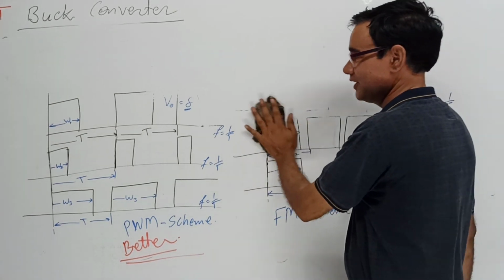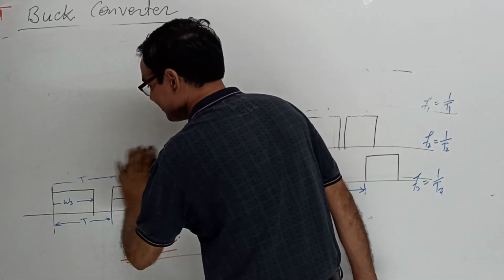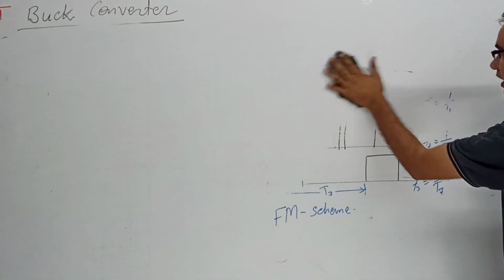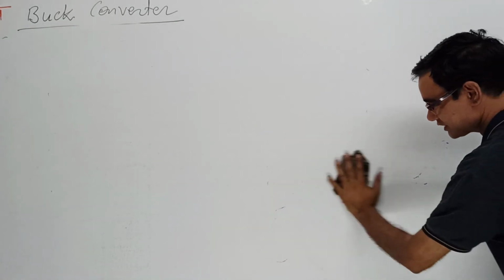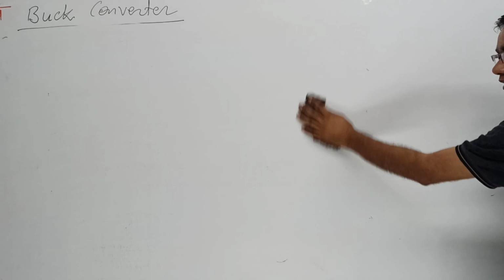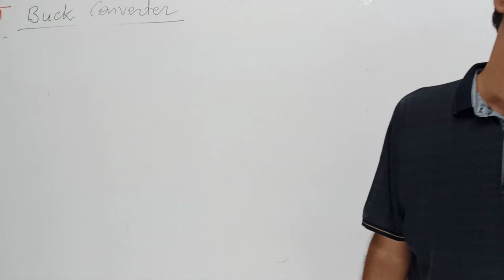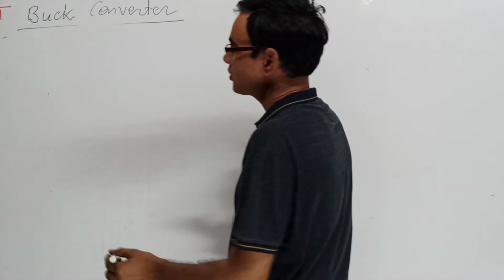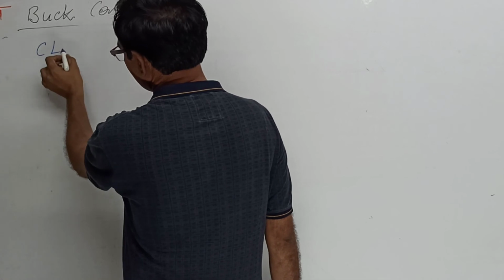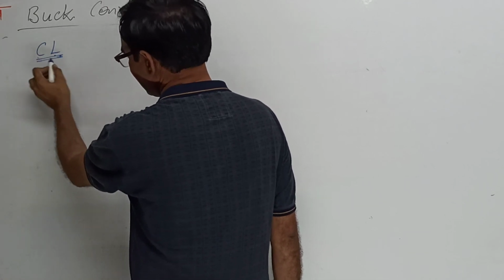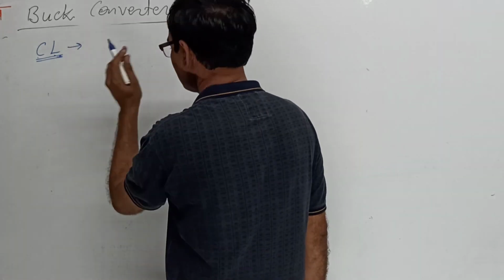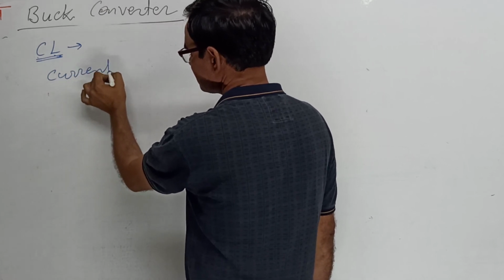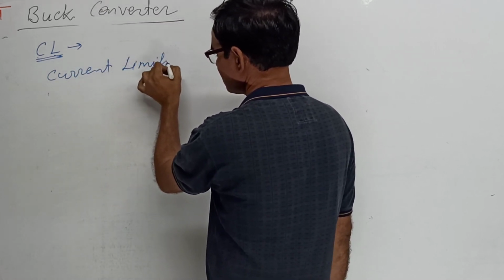Now we are taking one additional controlling technique, that is current limiting control. How will we control in the current limiting? That is also not necessarily a good one. But wherever there is a high current requirement or constant current requirement, that kind of technique is generally used. So what is the current controlling technique? Current limiting control.